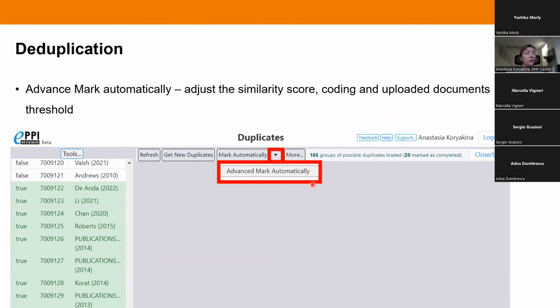So basically for the deduplication process to consider if any of the items have been coded already, or you have uploaded any documents for any of the references and you want the deduplication to consider these items, that's the way that you should change the settings and run the deduplication in the way that you want it to perform. Okay, and this is the function that allows you to mark all or most of the items that were